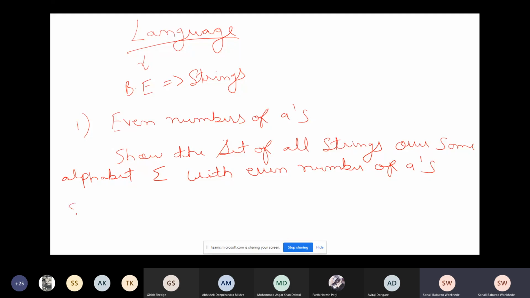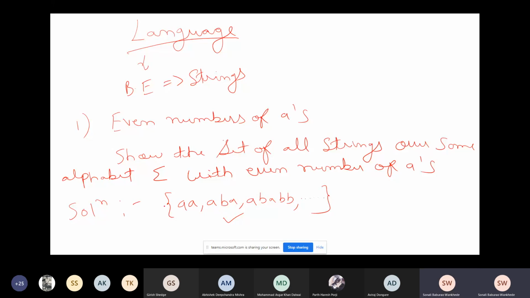So what will be my solution here? They are saying an even number of A's, so you will have a set of all strings which consists of an even number of A's. It's not an empty set, so we cannot include epsilon here. So it can be AA, and what else? It can be ABA. We are just interested in an even number of A's. It can be ABB, etc., and so on. We can have infinite values with an even number of A's. So this is your solution. Is this clear? Yes, ma'am.